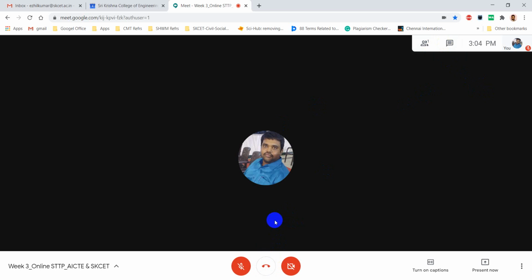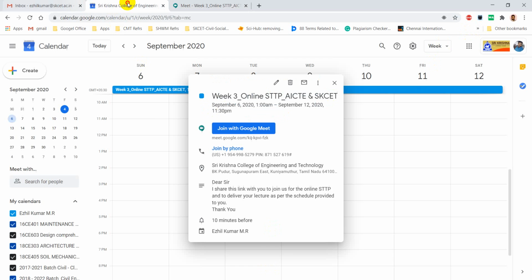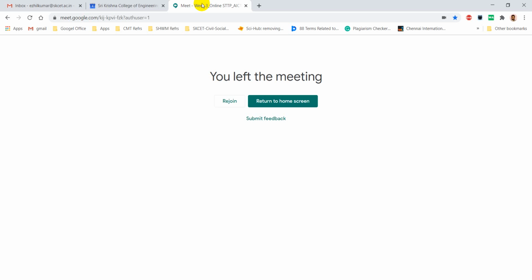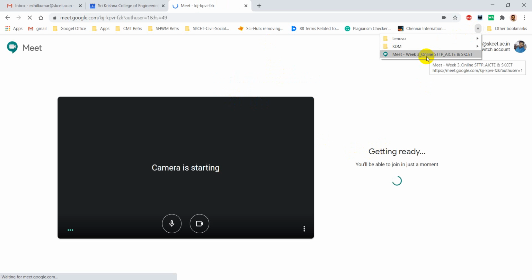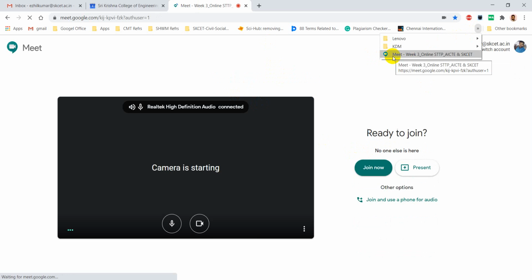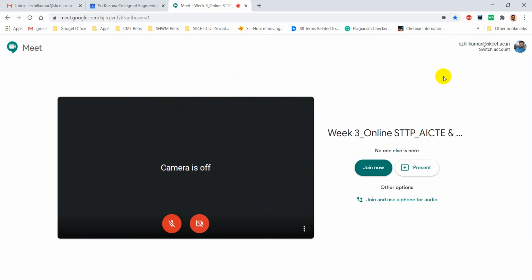And the most important purpose of creating this is, for example, if I come out due to a network problem, rather than creating another start meeting, you can rejoin the meeting. Okay, so that the link is made permanent. So the participants will not have any trouble in joining the meeting again when there is a network problem from your side, because you are the host of this link.